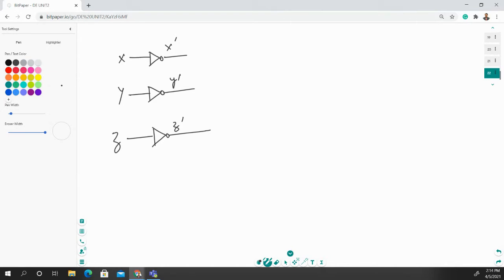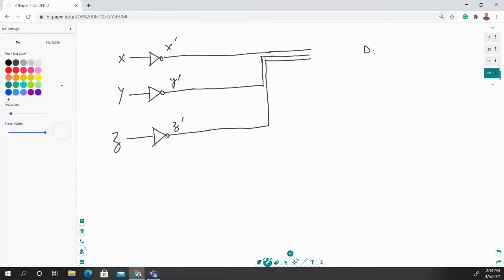From here you are directly giving the input to the first circuit. What is the name of that particular logic gate? Quickly give your response. What should be the name for that first logic gate?